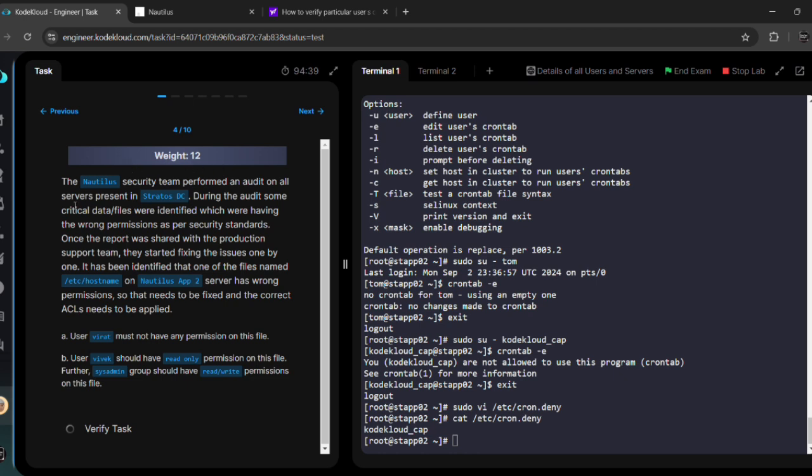Weightage is 12. The Nautilus security team performed an audit on all servers present in the Stratos data center. During the audit, some critical data files were identified which were having the wrong permission as per security standards. Once the report was shared with the production support team, they started fixing the issues one by one. It has been identified that one of the files named /etc/hostname on app server 2 has wrong permissions, so that needs to be fixed and the correct access control list